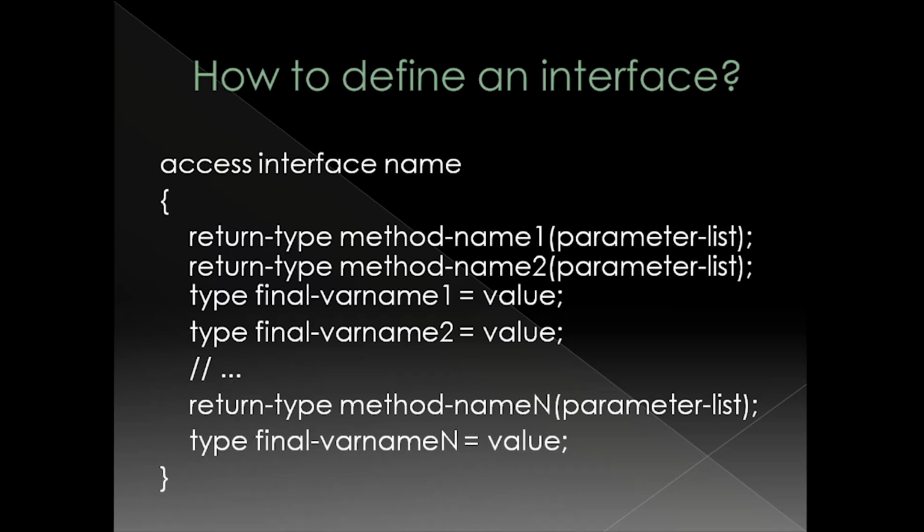Name is the name of the interface and can be any valid identifier. Notice that the methods that are declared have no bodies. They end with a semicolon after the parameter list. They are essentially abstract methods. There can be no default implementation of any method specified within an interface. Each class that includes an interface must implement all of the methods.